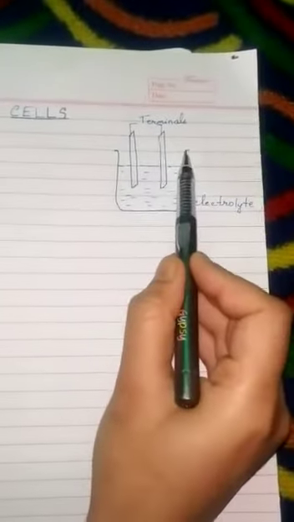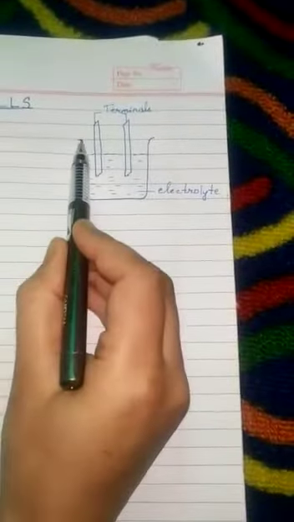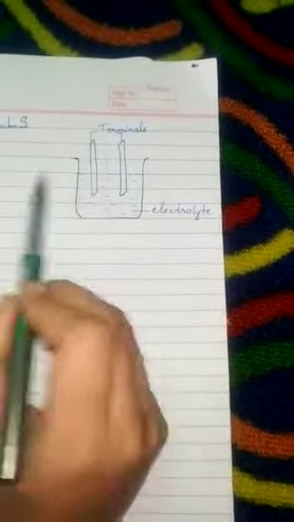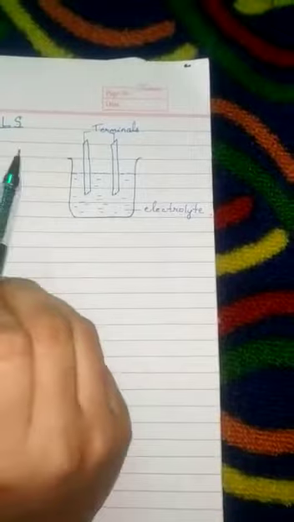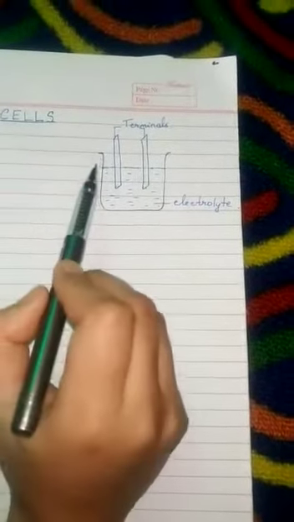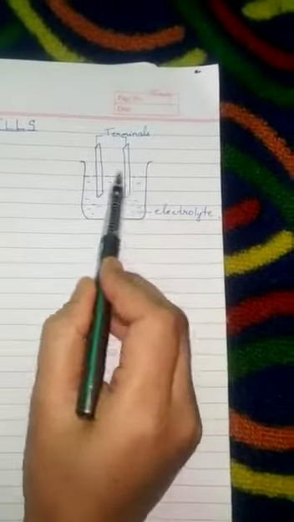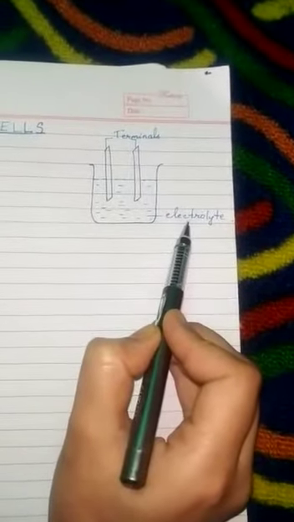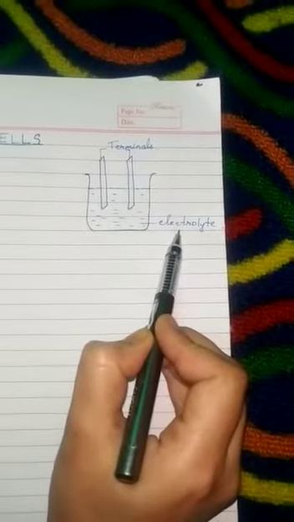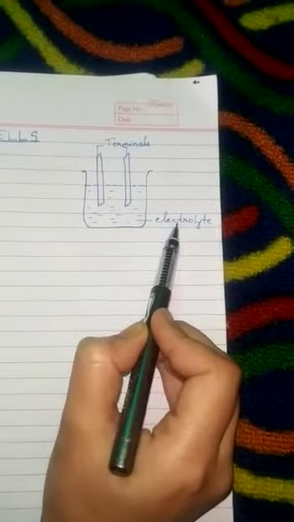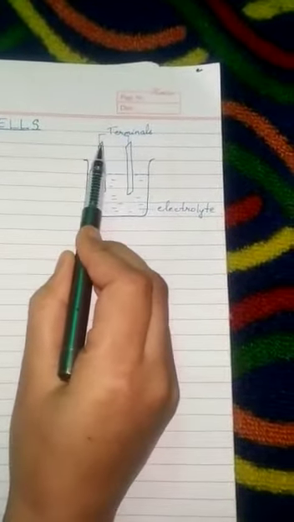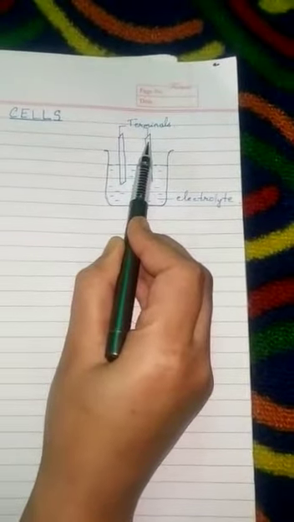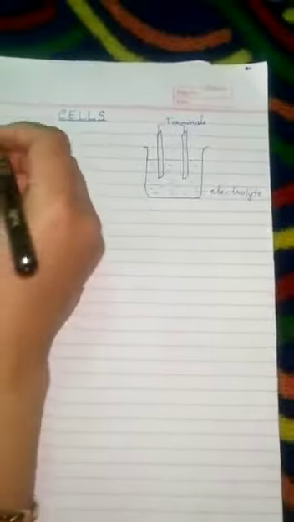We know from our previous knowledge that a cell consists mainly of three things. The two terminals, one of which is the anode and the other the cathode. And inside the cell we have the electrolyte, which undergoes electrolysis and breaks down into positive and negative ions, which get deposited on the terminals, and a potential difference is created between the terminals which acts as a source of electricity. Now there are a few terms